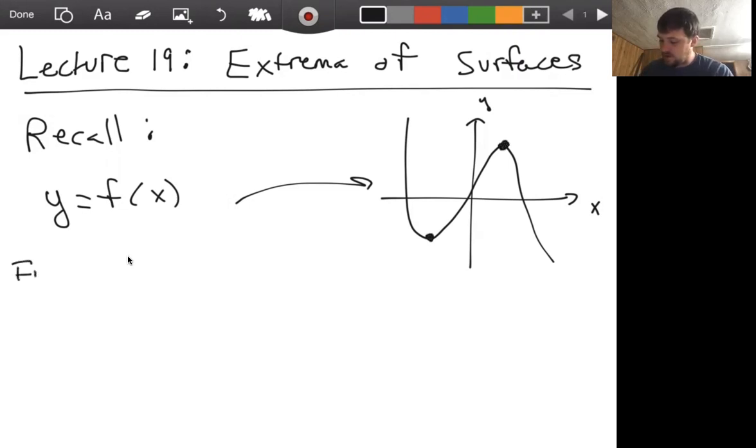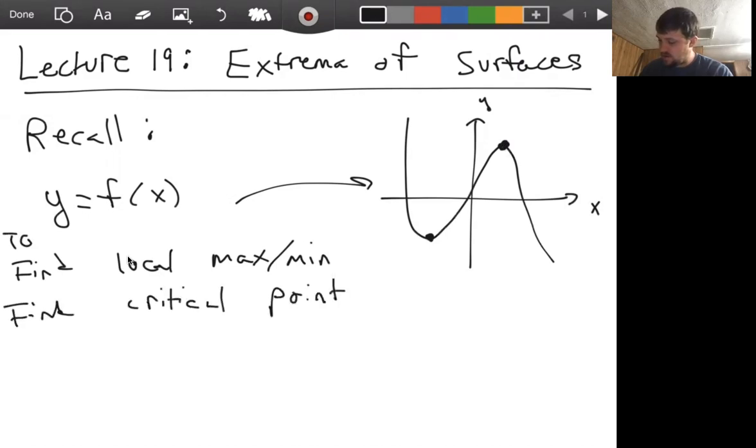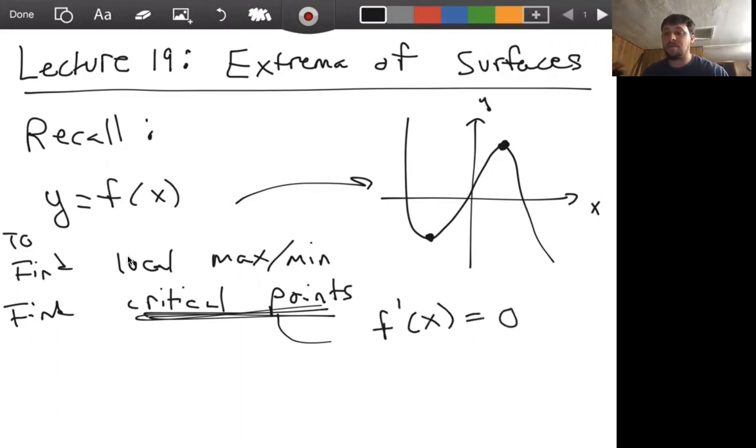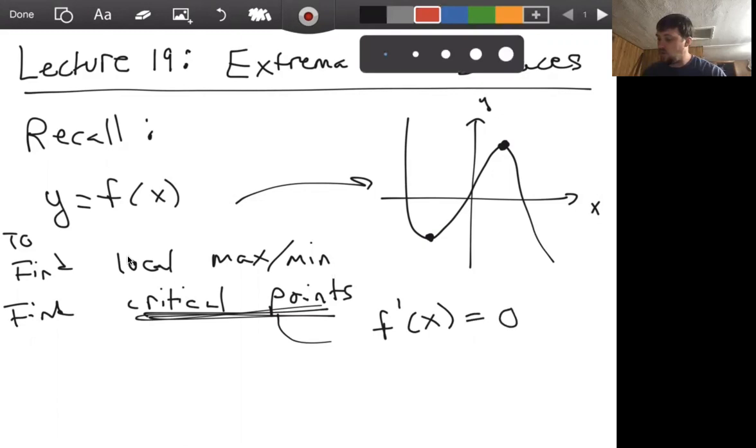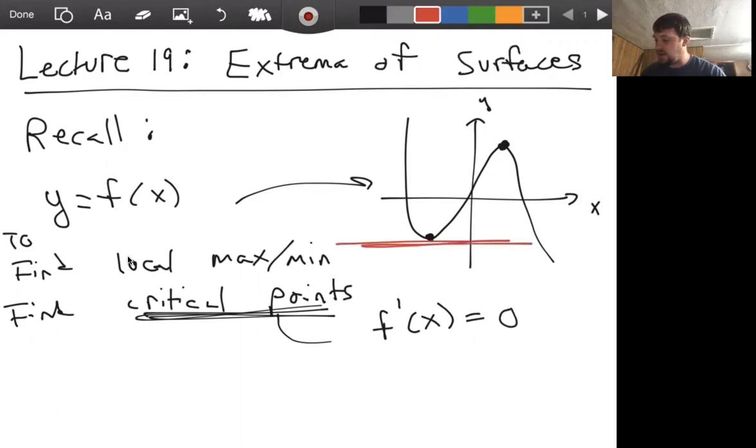So to find local max and min, we would find critical points. Right? And what were critical points? If you'll remember, critical points were where the derivative at that point is set equal to 0, because critical points are points where you have a horizontal tangent line. And a horizontal tangent line is the same as a line with slope 0. So you would find the discrete set of points that have